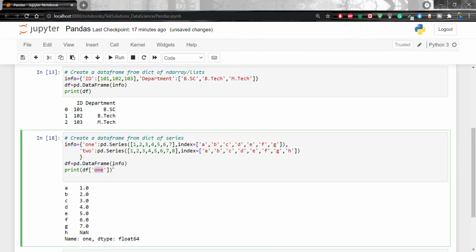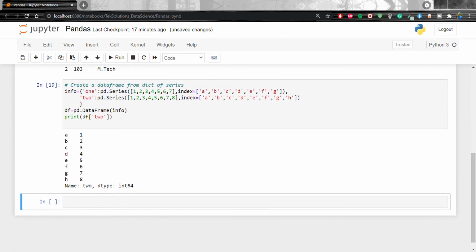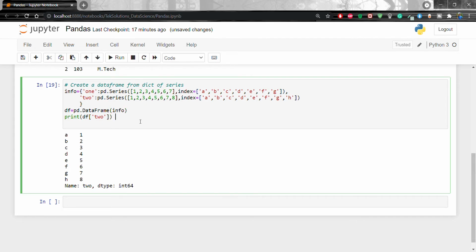Same like that, if you pass 2, then we will get the second one, 1, 2, 3, 4, 5, 6, 7, 8. Okay, so this is clear. This is how we fetch a column's values.